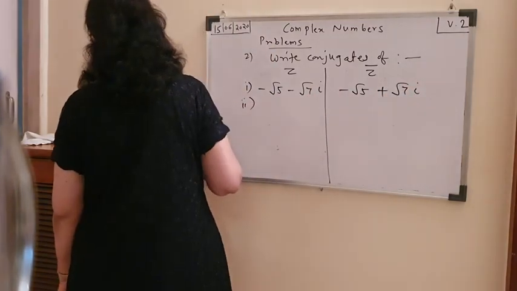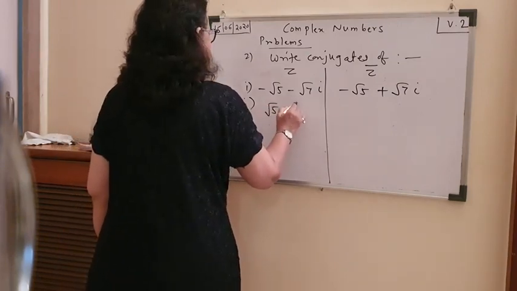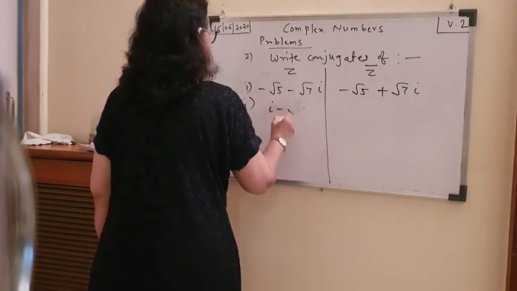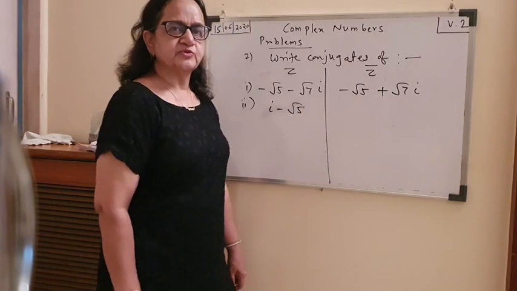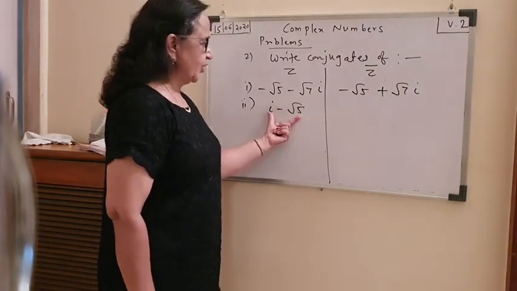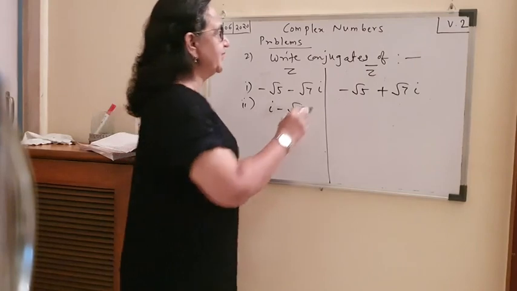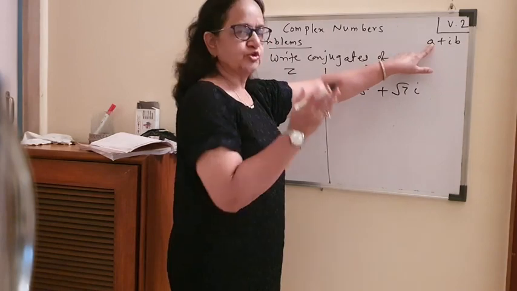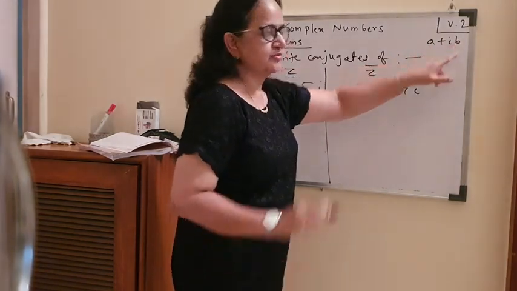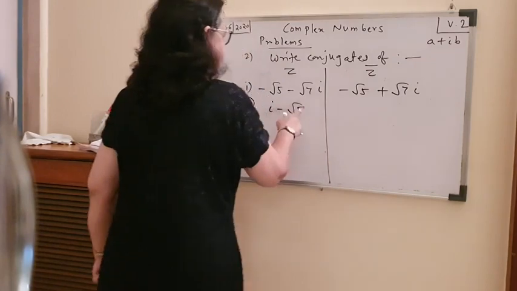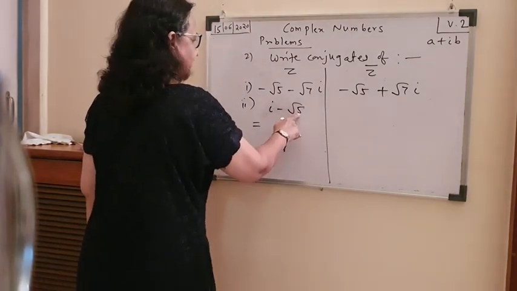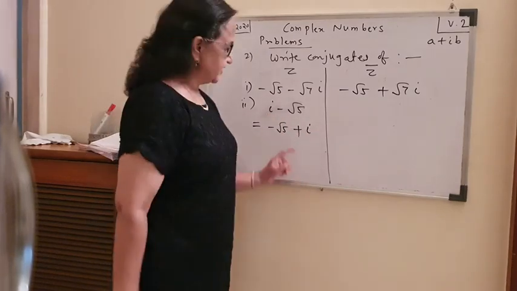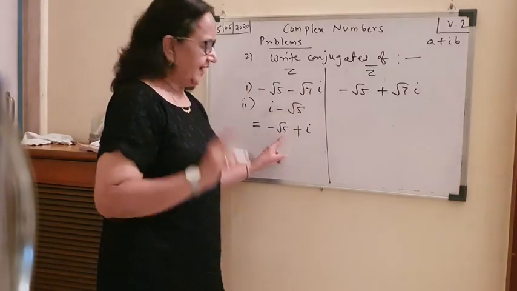Second one, root 5 minus i. Or okay, now you take it as like this: i minus root 5. Now this is not the standard format. In standard format, I always want a plus ib. Remember, the term without i should be written first and the term with i should be written as the second term, always. So I will not read it like this. I will rewrite it: without i, minus root 5, plus with i. So the real part I always want first and then the imaginary part.